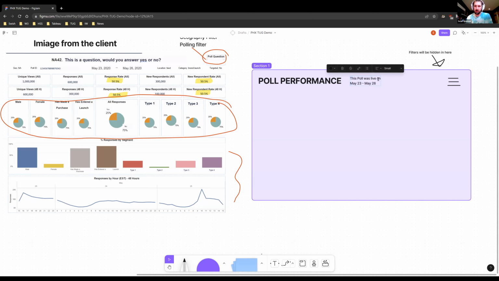Oh, you know what? I think actually what I did was, live in North America on these dates. A little bit more language in there, right, to include the geography, and maybe I would bold this to call a little bit of attention to it.